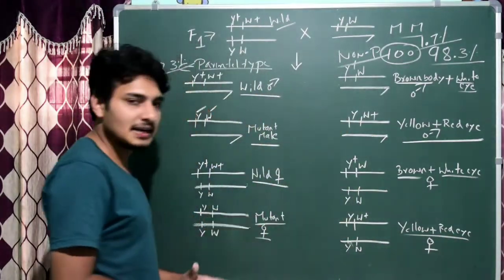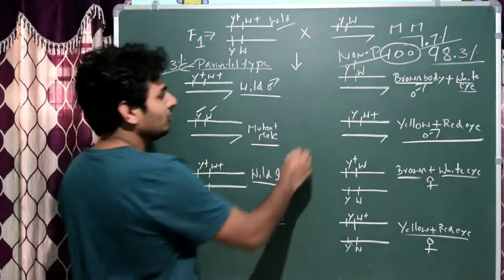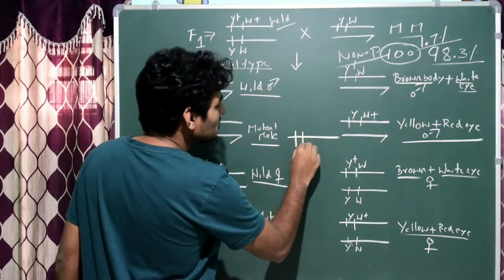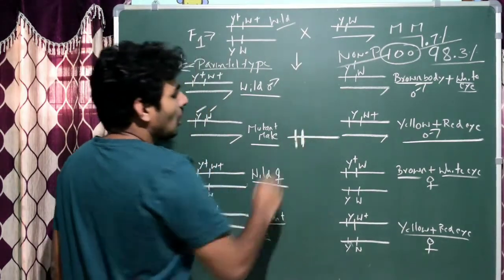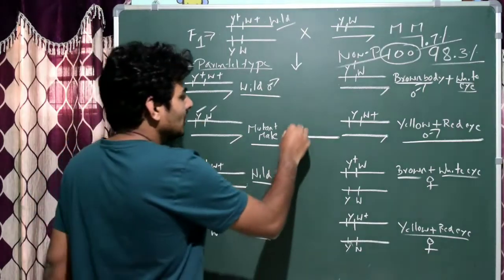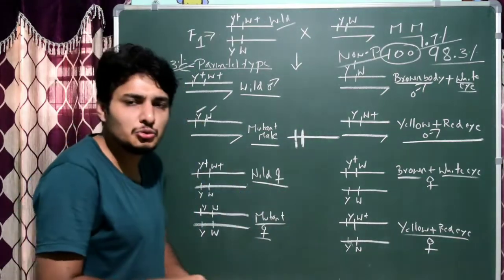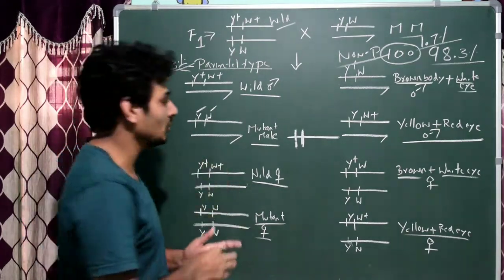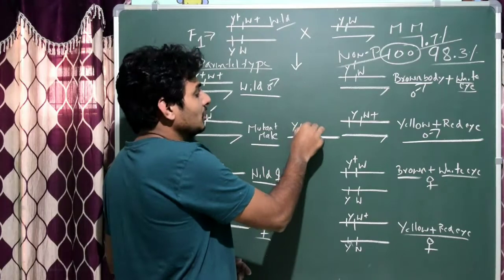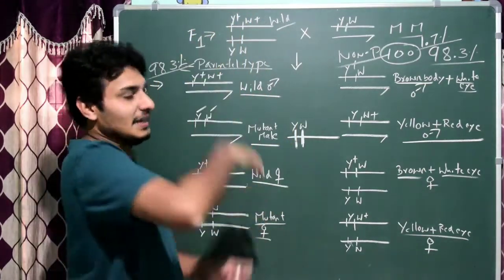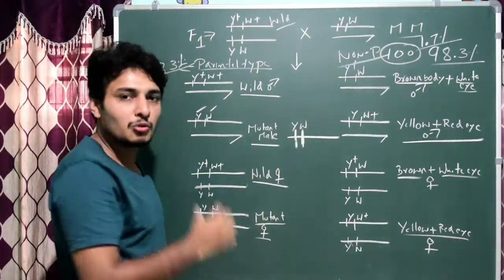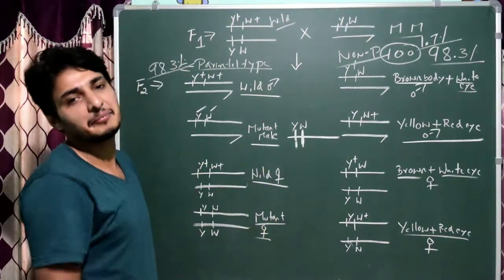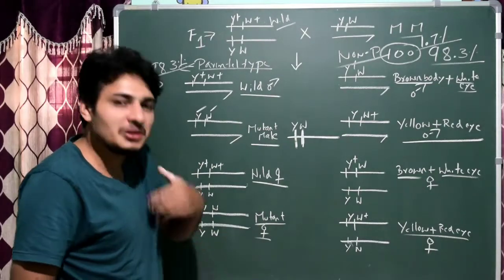And finally he said that during crossing over, if the two genes, let us take this as the chromosome, are very closely associated on the same X chromosome, then obviously they fail to segregate during crossing over. As a result, in the offspring, both Y and W, or Y plus and W plus, are expressed, which showed parental type. Very rarely they showed recombination.